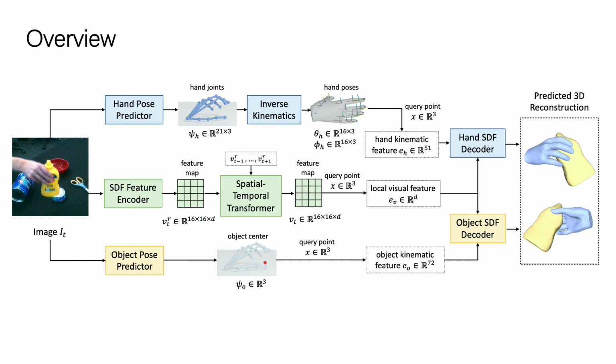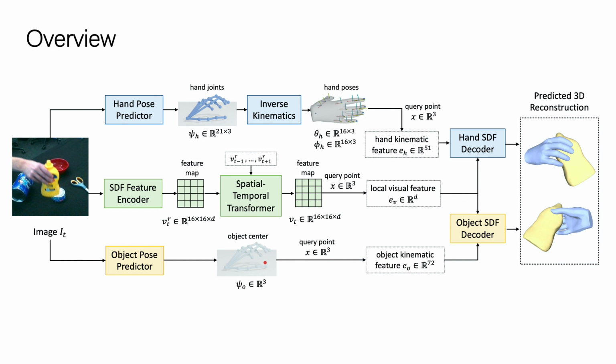Our model mainly consists of three branches: hand pose predictor, SDF feature encoder, and object pose predictor. We first use the hand pose predictor to localize 3D hand key points and use inverse kinematics to recover hand poses. Similarly, since many objects are symmetrical, we employ the object pose predictor to only estimate the object translation relative